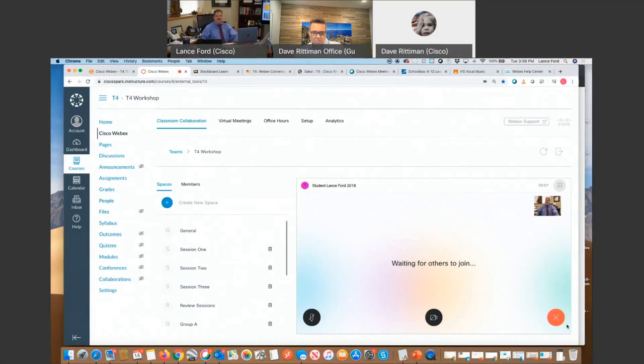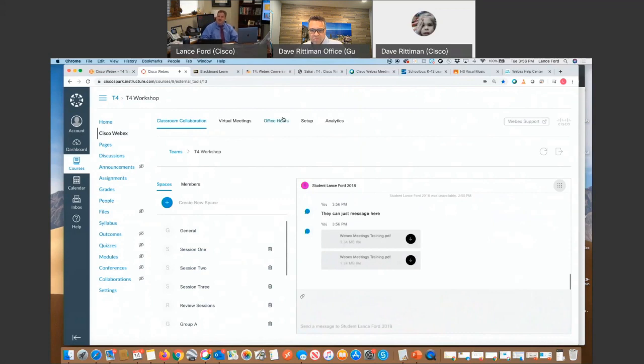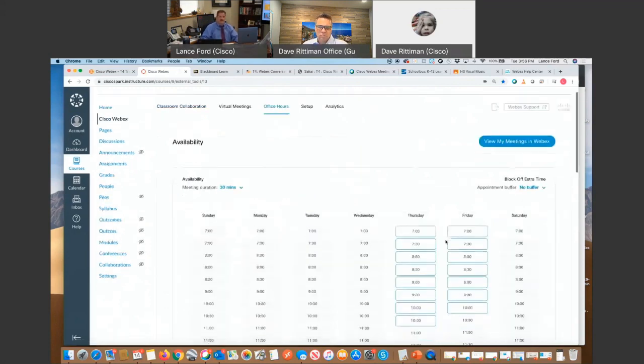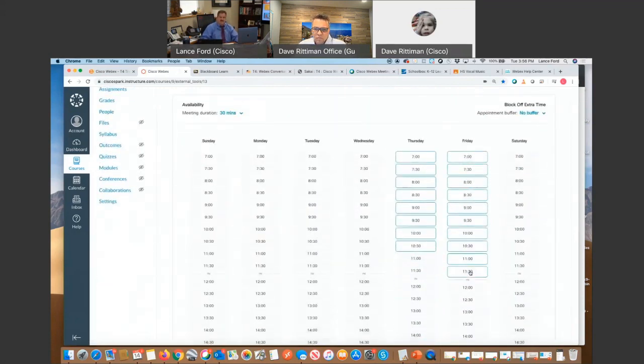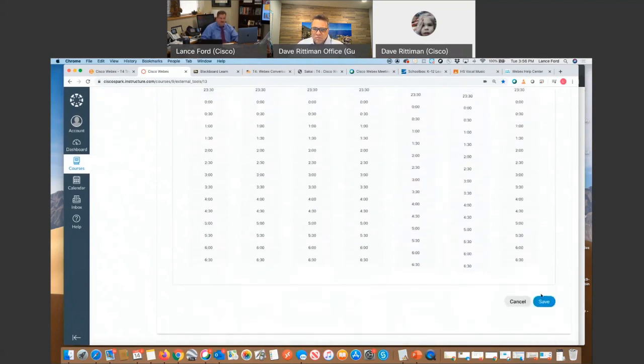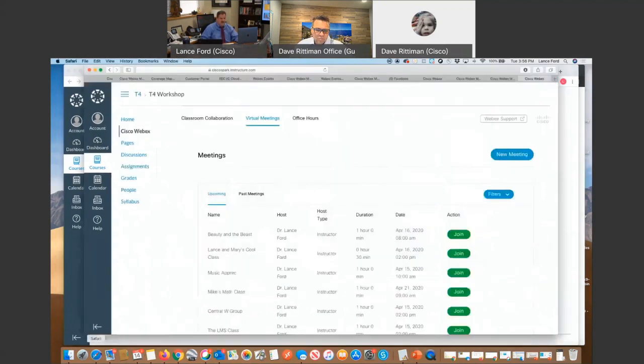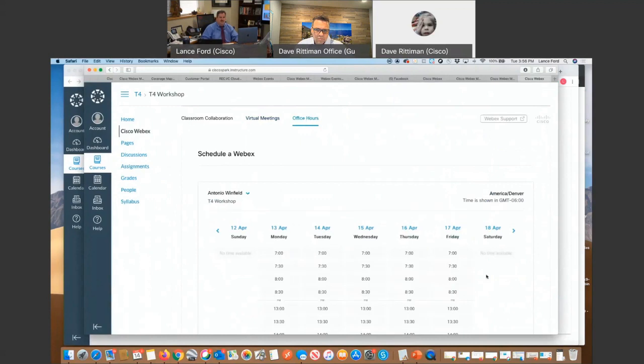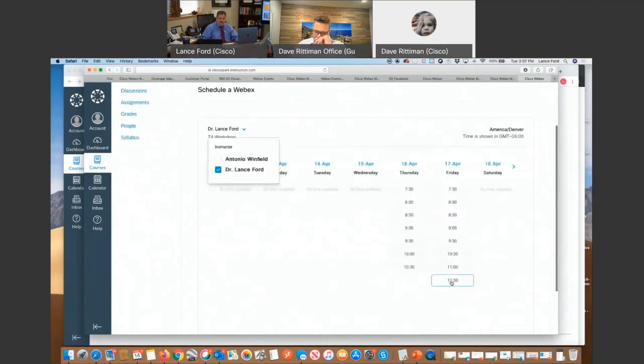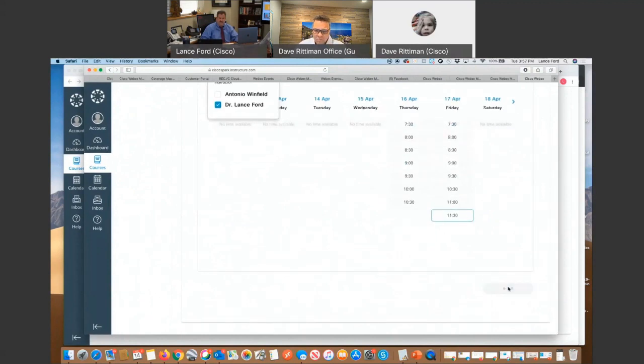Last but not least, we've had our large group, we've had our small group, and now it's time for individual help. I, as the teacher, select the times I want to be available, either in 30-minute windows of time or with buffers in between, okay? So you saw that I have the ability to do this how I want. I hit save. Once I hit save, once again, that learner is going to pop in here and choose their instructor and what time they want to meet with the instructor and hit confirm.